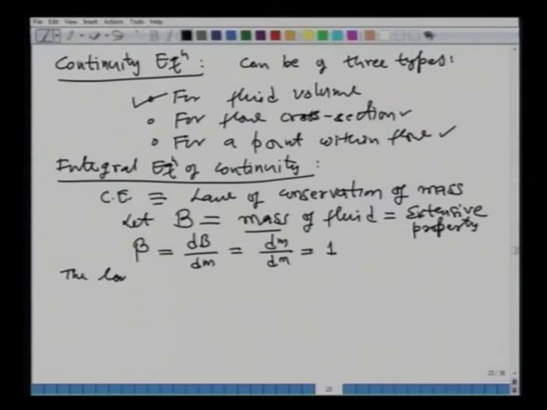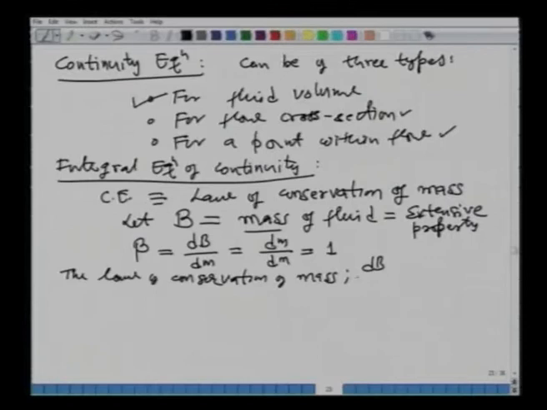Also, as per the law of conservation of mass, what do we have? It states that matter cannot be created or destroyed. All right, it has to be conserved. So, what does that mean in terms of dB over dt? That is dm over dt. That has to be equal to what? If the mass has to be conserved over time, 0. Okay. So, dB by dt will be 0. This is the left hand side of your Reynolds transport theorem.